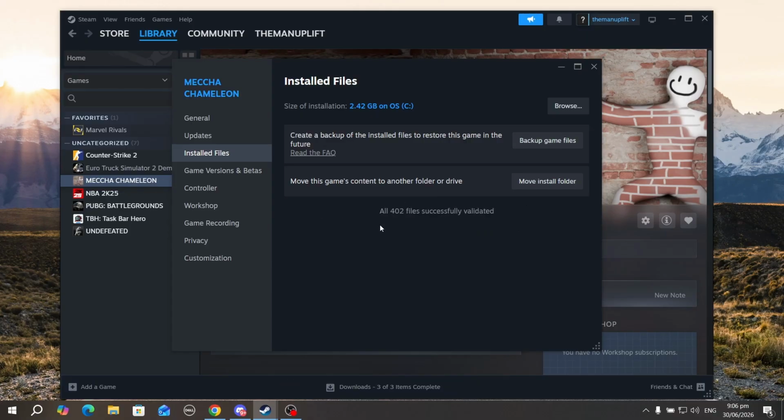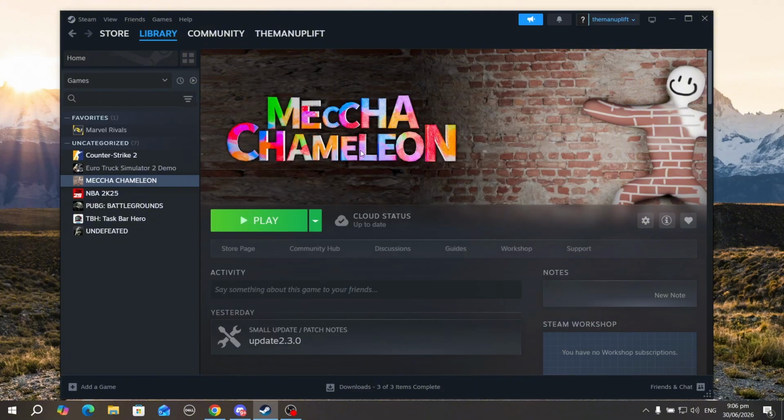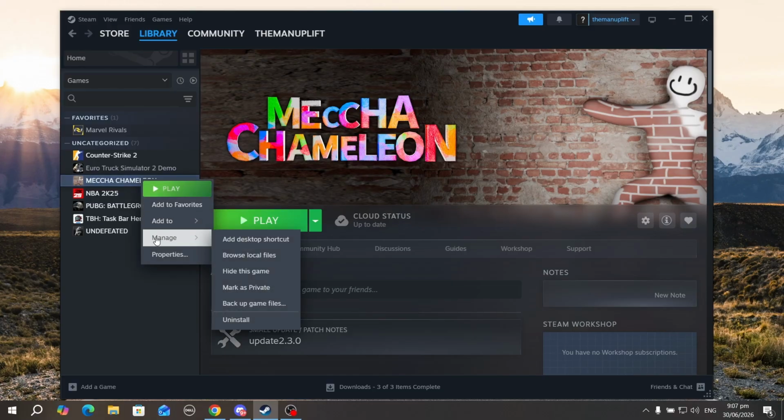Once the game has successfully validated, go ahead and exit out of the window and try to play the game, as most likely it will fix any issue. Or if it does not, we have another method we could do. Another method we could do is by going ahead and right clicking on MECCHA Chameleon again, and then over